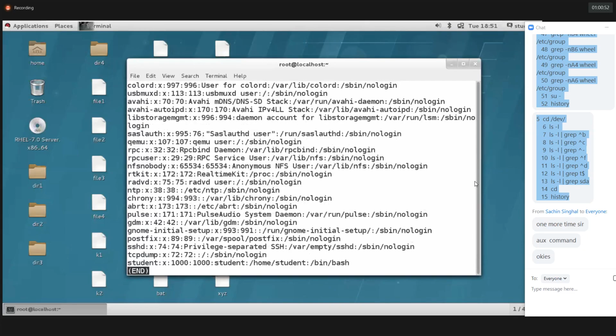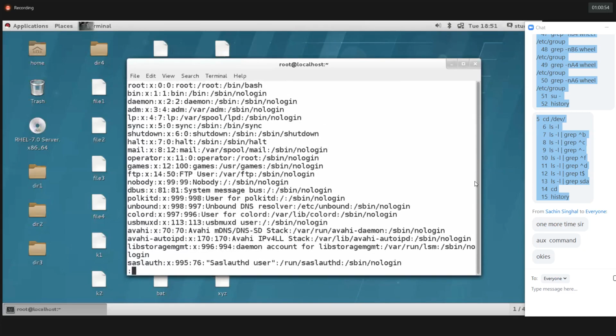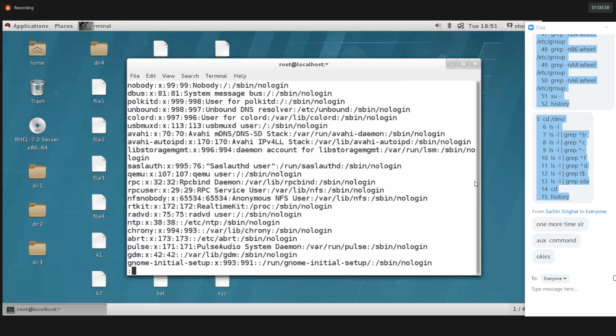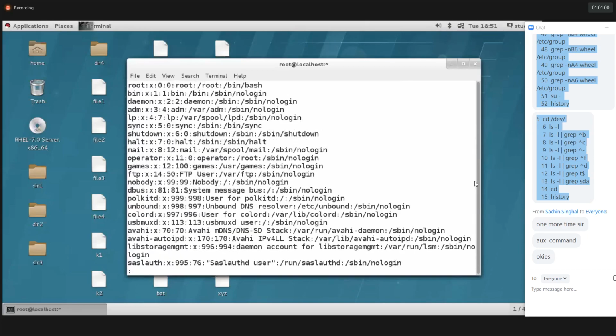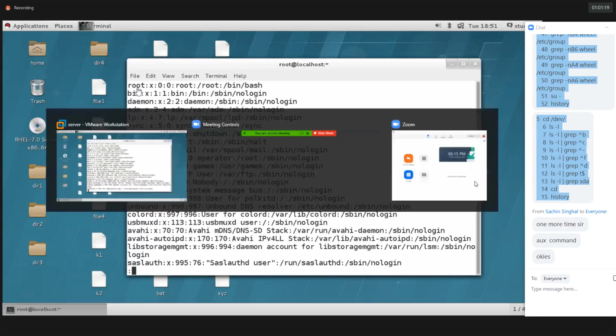D is the next page, and B is the previous page. So D is an option for next page, and B is an option for previous page.